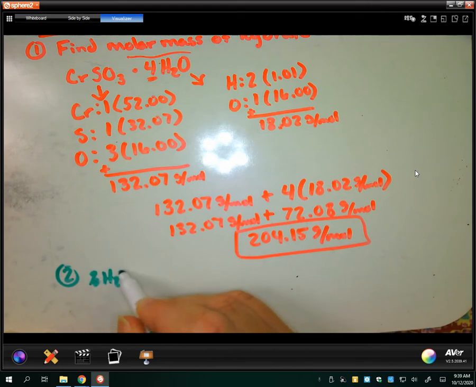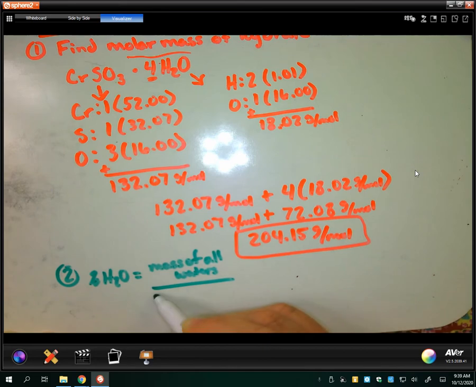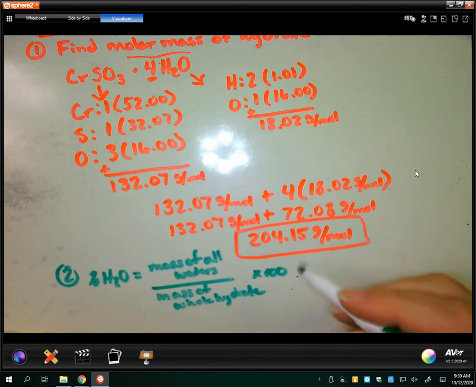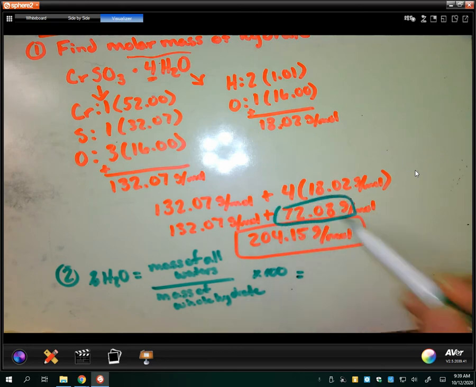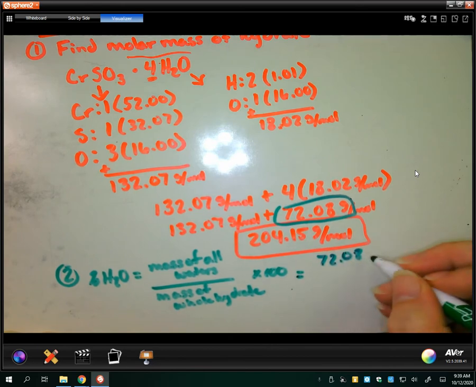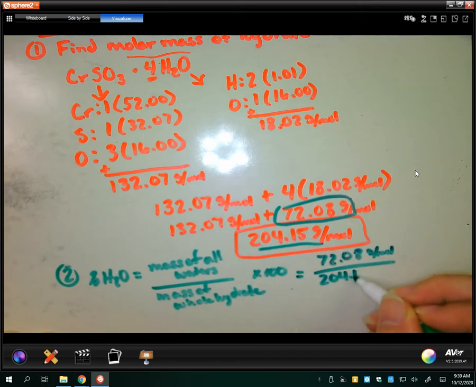So to find the percent water, it's going to be the mass of all waters over the mass of the whole hydrate, and then times 100. So I've already got that information here. The mass of all the waters is right here. I had 4 waters, so that is 72.08 grams per mole divided by the mass of the whole hydrate, and that's this number here that includes the waters,